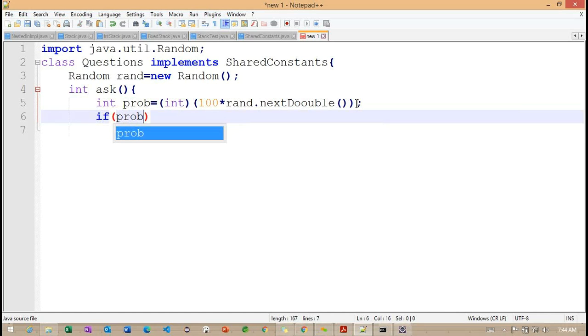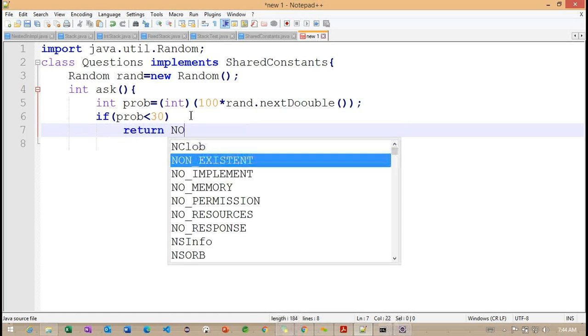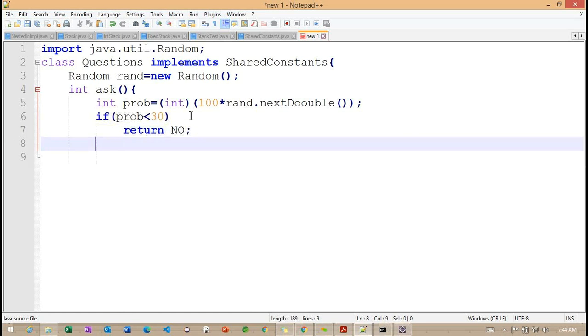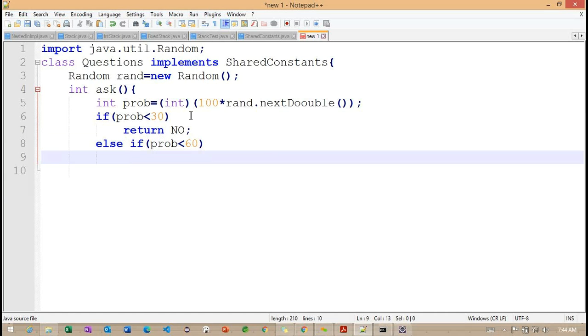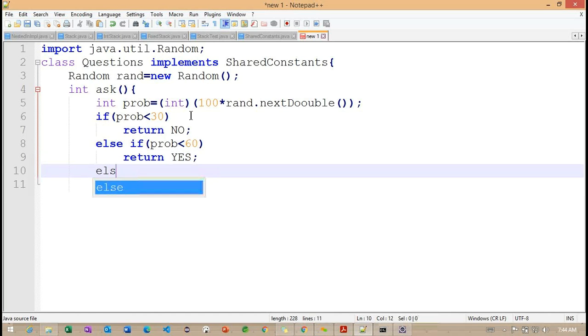Now you can see, if this particular value is less than 30, then what I'm trying to do is simply return no. Else if, this condition I'm making 60, then we can return yes.